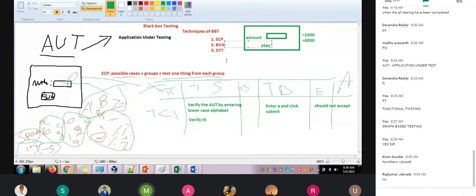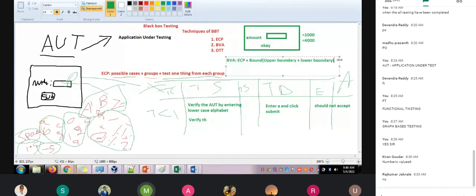When you are considering boundary value analysis, you must follow the equivalence class partition and also the boundaries, such as upper boundary plus lower boundary. So this gives the boundary value analysis.